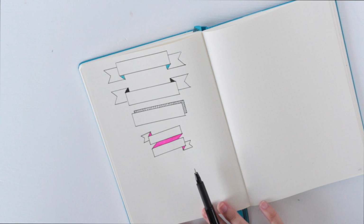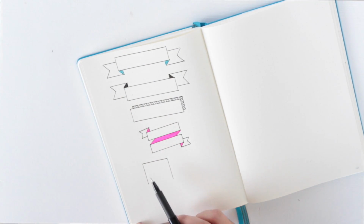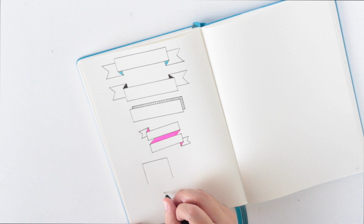These are completely customizable. Another banner I really like to do starts off with a square, or what looks like it will be a square or a rectangle, but I'm going to make this final line come out into like a triangle formation. So let me just demonstrate that. I'm going to bring it down about 3 dots here. I'm just going to put my dot in the middle so I know what's going on and where to connect